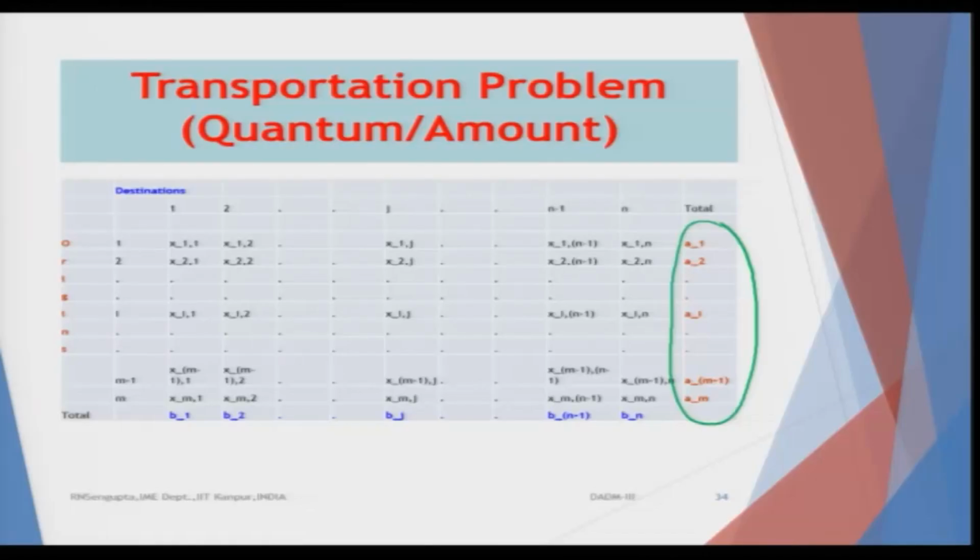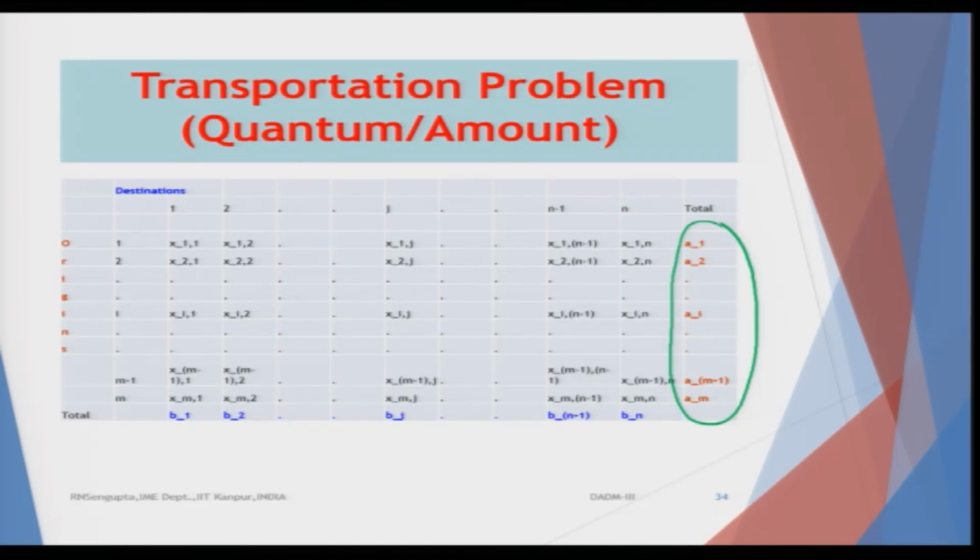So, when I am looking at the destination side, destination 1 is getting goods from all the m number of origins. So, the first quantum which it gets is x 11, x 21, x i1, the second last one is x m-1 1 and the last one is x m1, which means for the first destination the total addition, if I add them all up, is b suffix 1. So, total destination 1 needs b1 quantum of goods which is being supplied by all